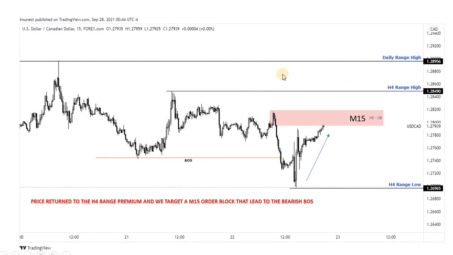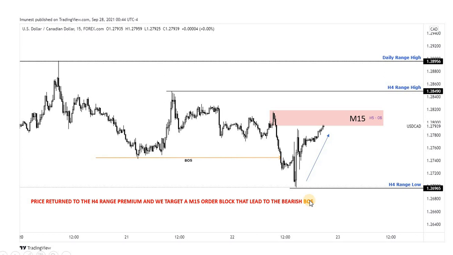So scaling to the 1-hour time frame, sometimes you may not see anything really different, so you can begin to scale to the lower time frame. And when we scale to the 15 minutes time frame, we said that price was to return to the premium level of the 4-hour range, and that is what price has already done. You could have also taken an opportunity for a short buy to the premium level of the 4-hour range, depending on your experience. So price returned to the 4-hour range premium, and we target a 15-minute order block that led to the break of the bearish